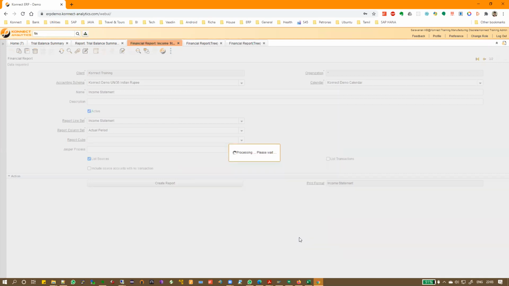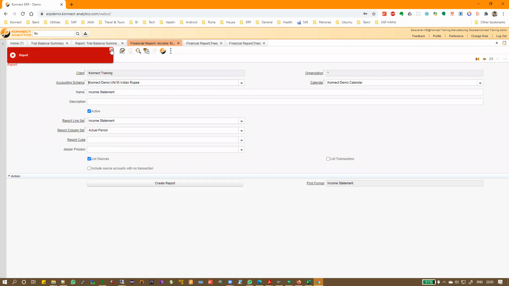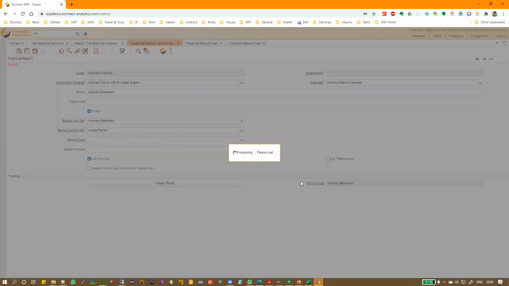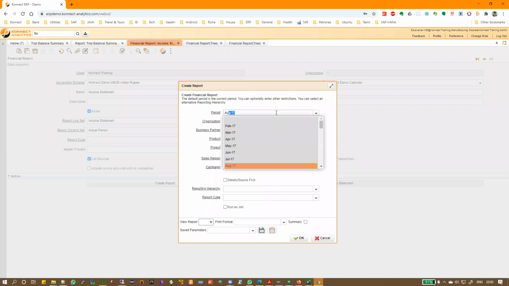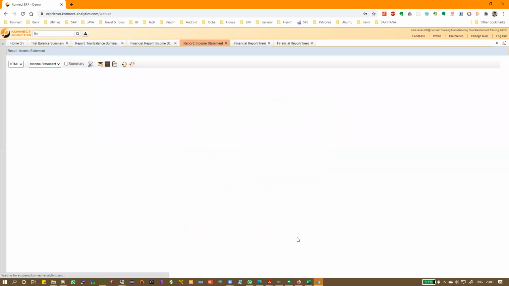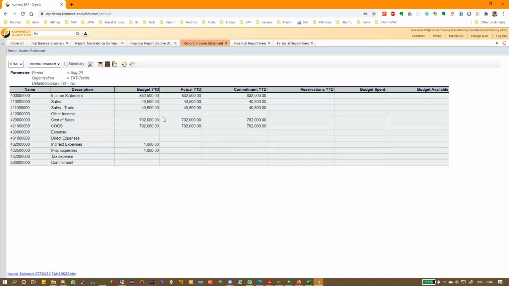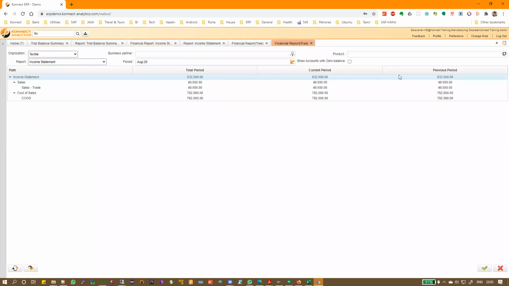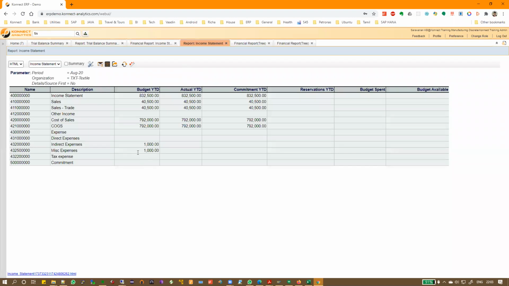The format is HTML, and the report is income statement. So the same data that we're seeing in the tree here, you'll be able to see over here as well.